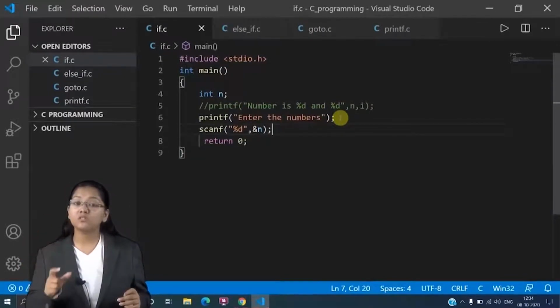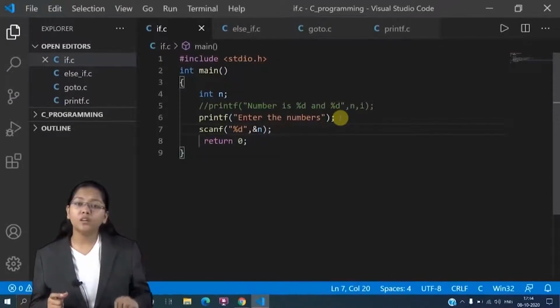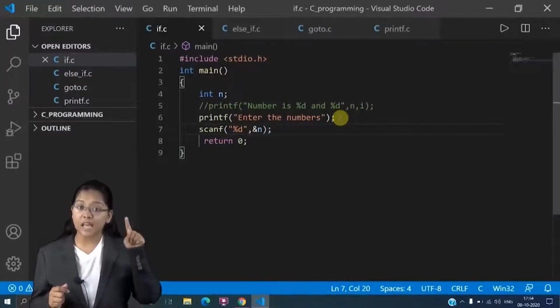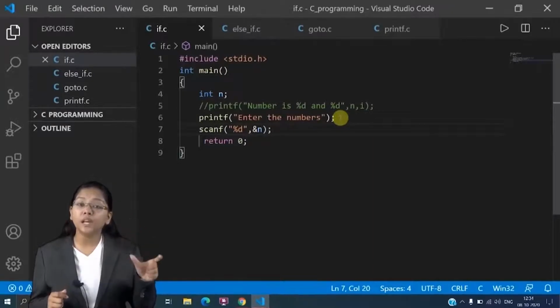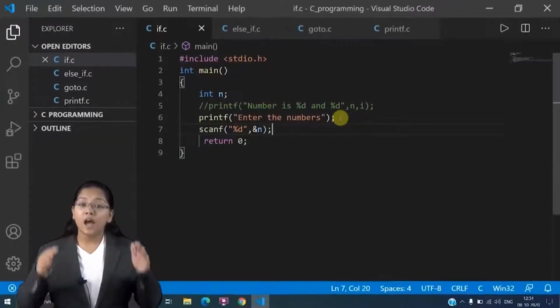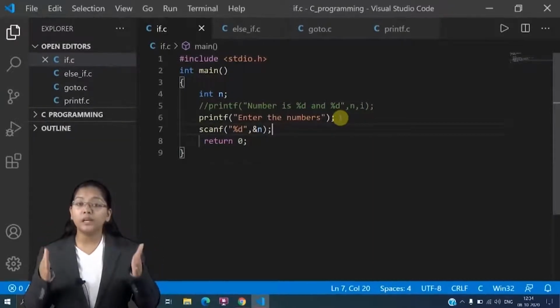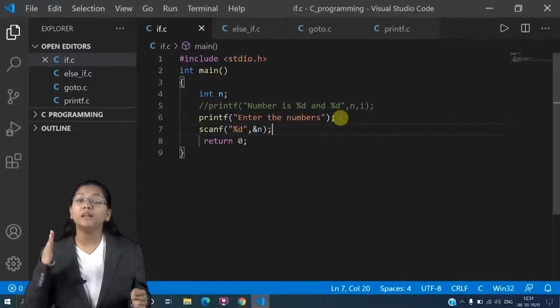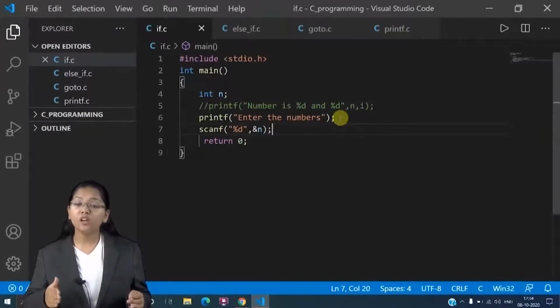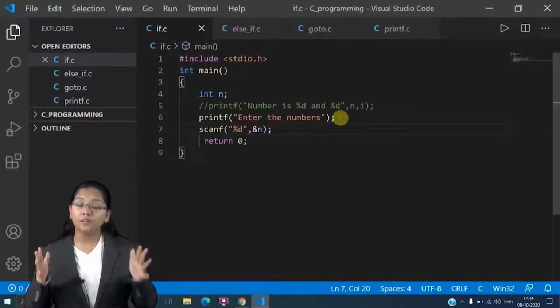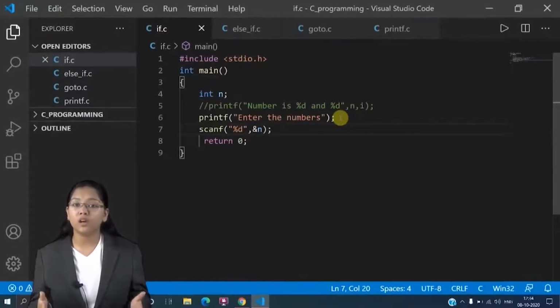Right? So this is why the ampersand sign is used. Now why have I given a format specifier over there? Because while initializing the variable n, I have given the data type int. Means when the user enters a number, that should be an integer. If not, then convert it into an integer because I only require an integer value.